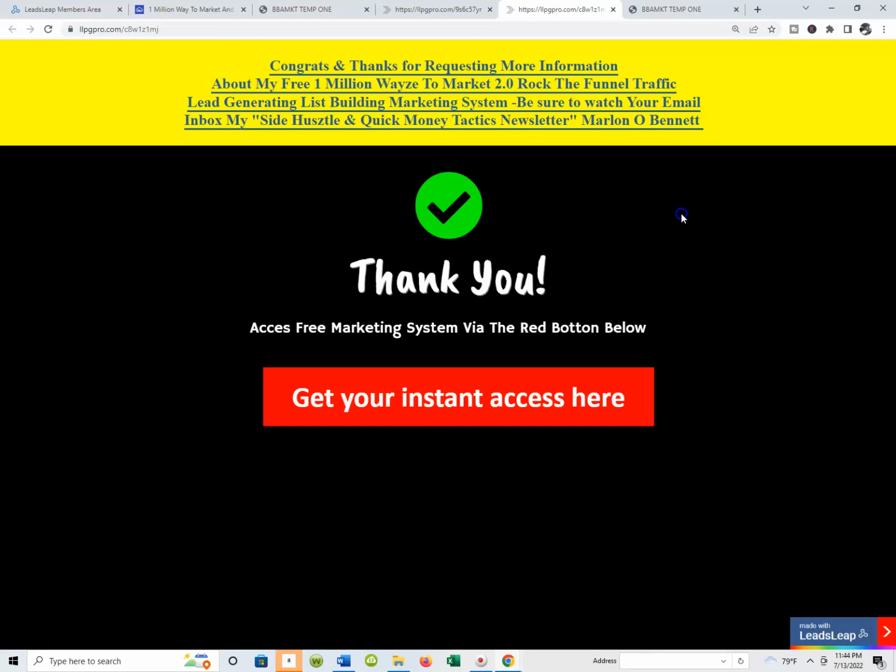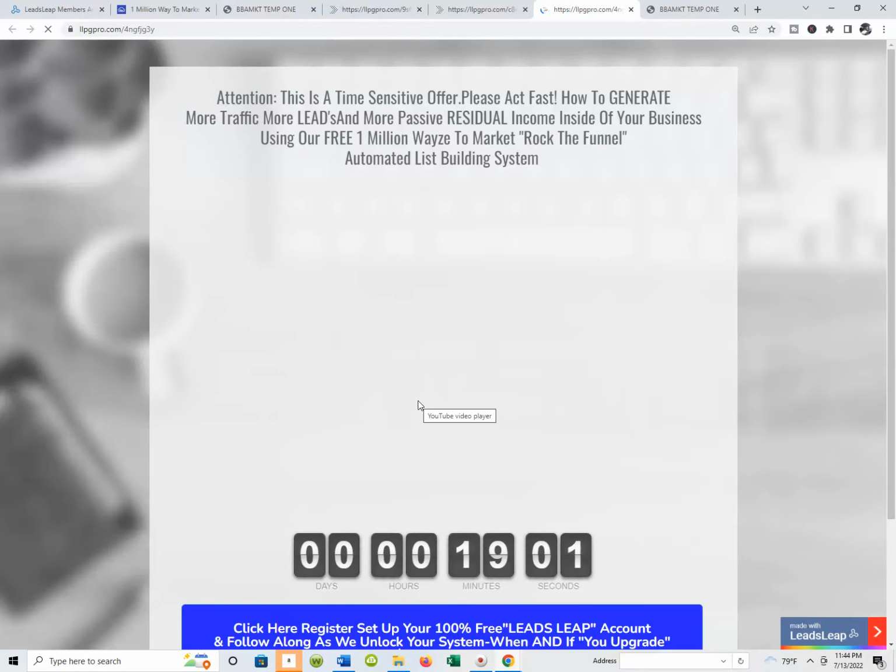But the point is, when you use this approach, you're able to brand yourself right at the front door with the capture page, and then obviously to a page like this. And you want to thank that person, by the way. You want to get up close and personal with them. And you still get to go right on over to your bridge page by accessing the actual page right at the bottom of the actual thank you page.